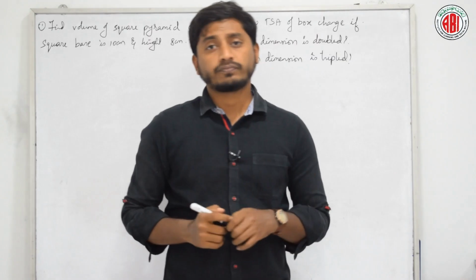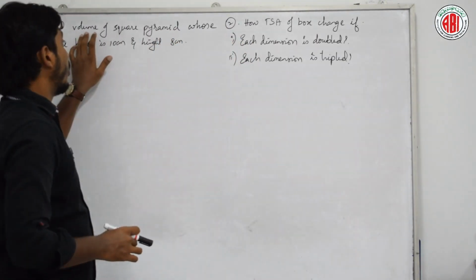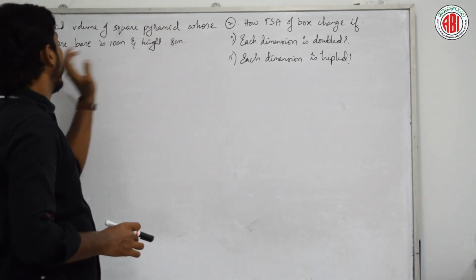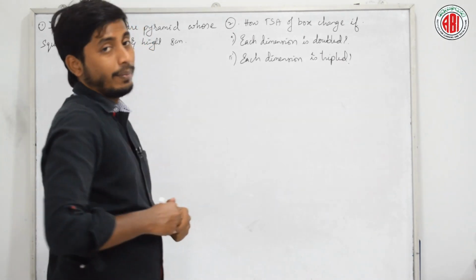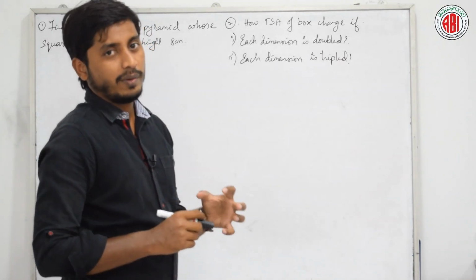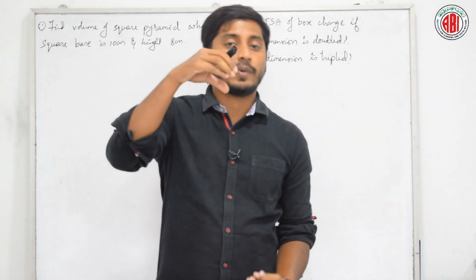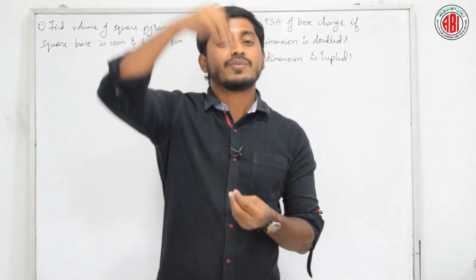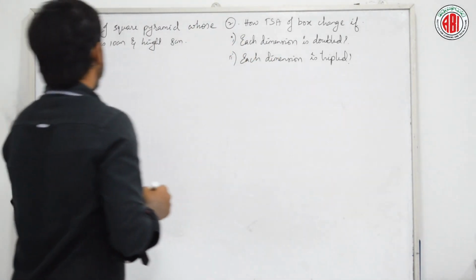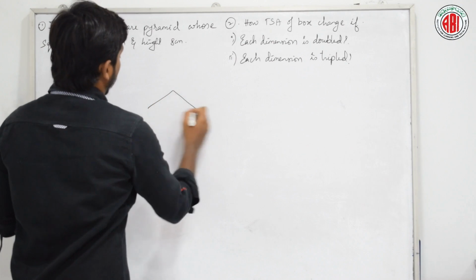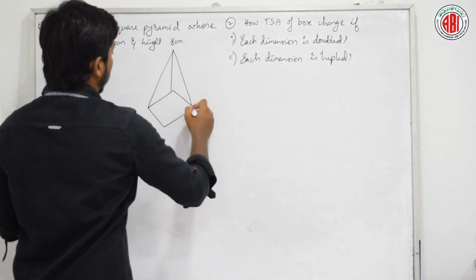Let's do. Look at this question here. He is asking us to find the volume of a square pyramid whose square base is 10 centimeter and height is 8 centimeter. Square base pyramid. What is a pyramid? Let us assume some cone. A cone can be called a circular pyramid. A pyramid means it ends with a tip. You would have learned in your 8th class. There will be a square at the base and they will end like this.